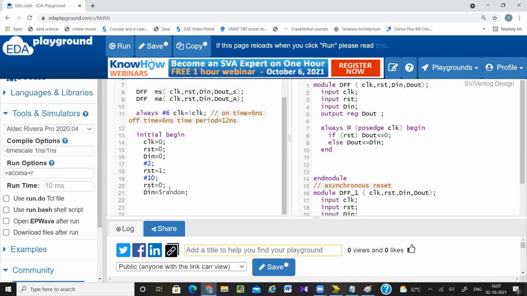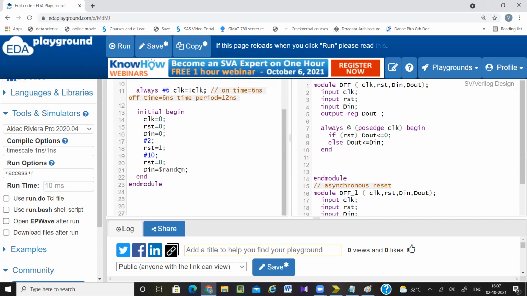Okay. So again, see, I have initialized all the inputs. Then here I have generated my reset signal. So first, my reset signal is equal to 0. After 2 nanoseconds of time, I made reset signal equal to 1. So here my reset signal gets activated. Then I have given #10 delay. Then I am making it equal to 0. Okay. So end module. So here I need to check the waveform.